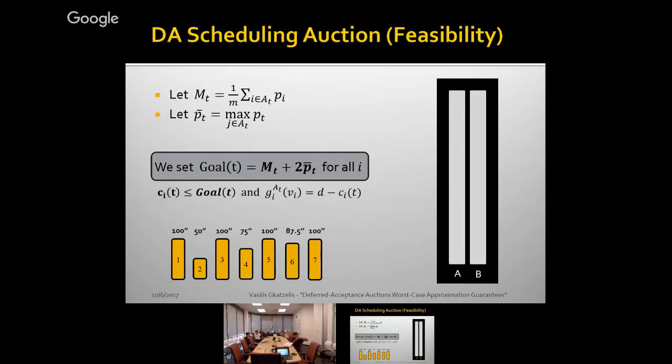Let's say I start with this set of examples, right? So I have these processing times. The first thing my score would tell me to finalize is 100 seconds. Then it's 50, 100, 75, 100, 87.5, 100, and so on, right? So let's say we start from here. When I schedule the job that has size 100, then this drops by how much? By 100 divided by 2, right? Because I have just 2 machines. So it drops to this, right? 100 divided by 2. That's how much my makespan, my fractional makespan, drops.